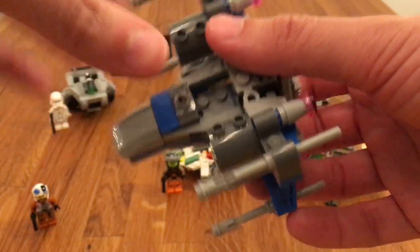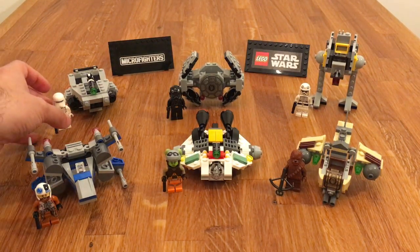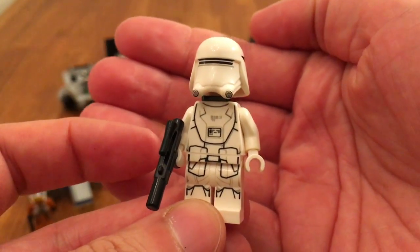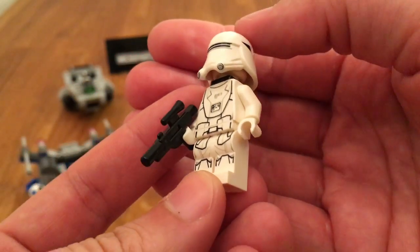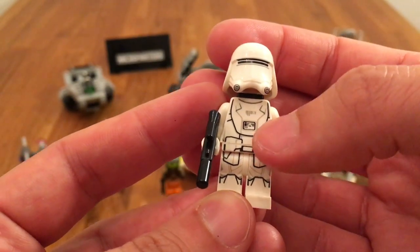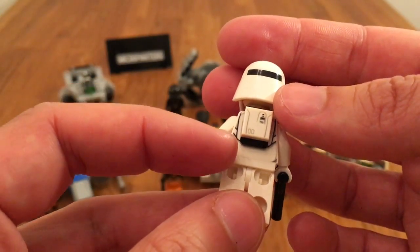So that's this set, up to the next one, and that is set 75126, the First Order Snowspeeder. That's this one over here. It comes with 85 pieces, and one minifig being the First Order Snowtrooper. Having a look at him, and he is another amazing figure. He has the same printing as the ones from the original First Order Snowspeeder, of course, but still I really like this figure. It's just amazing how the print on the legs and on the torso just blend together in one really big print. There is printing on the back, but it's kind of bland, but